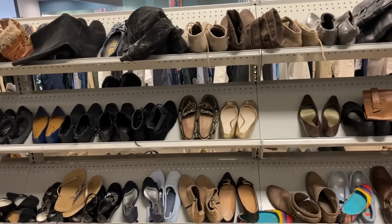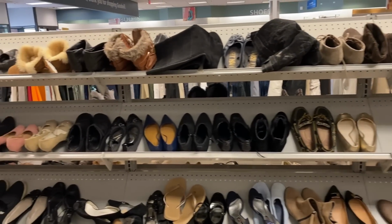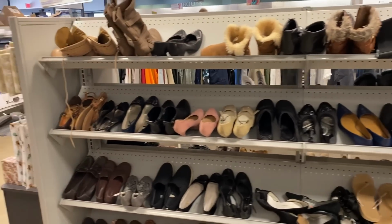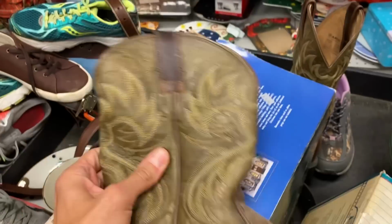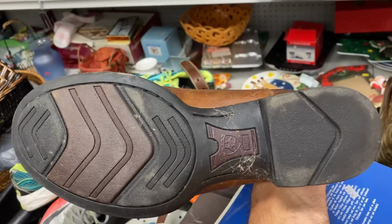but I don't see anything here that looks like it's worth my time. All of these shoes, it's like when you go to the bins and you get so many shoes for so cheap, it's kind of hard to look at all of those. But we're going to take another trip back to this store after we drop the young one off, and I got